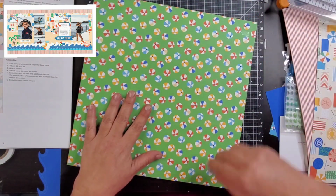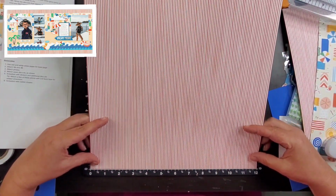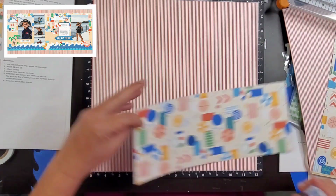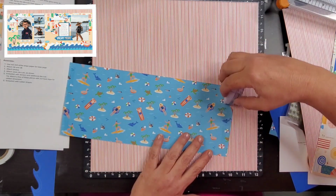At this time, I am going to go ahead and put a little bit of adhesive on the back of my paper to hold it down to my mat. And the reason I'm doing that is because I actually wanted to get this straight, and my T-square ruler is